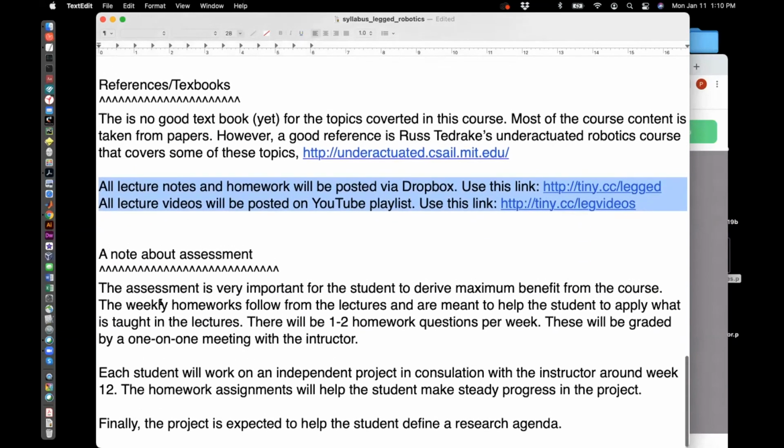And then, as I said, the assessment is important because I want you to apply what I teach you in the lectures, and once you apply that, hopefully it will build onto a project which will then set up your research agenda. Okay, so I'll stop here. If you have any questions,